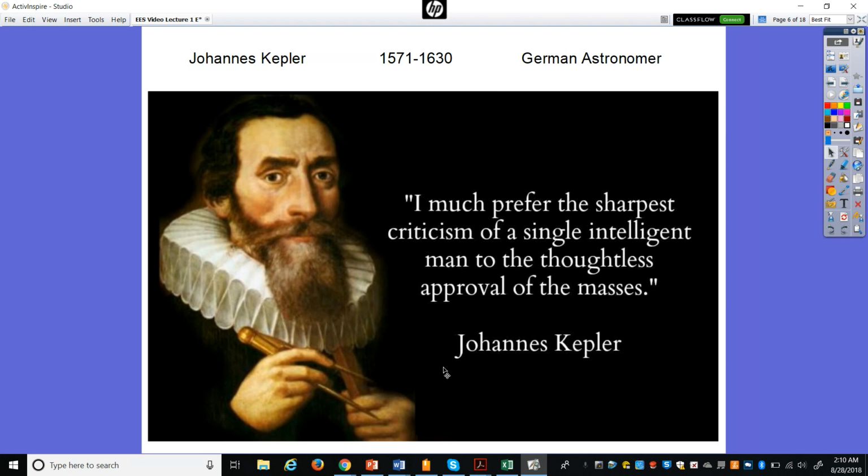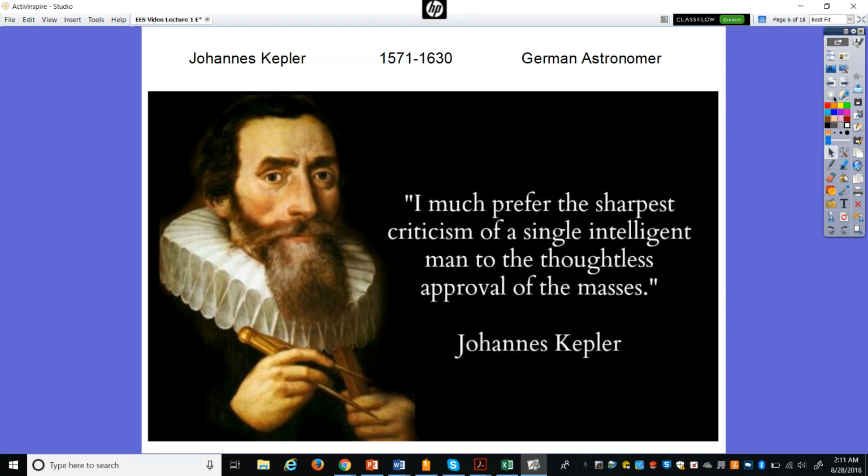He says, "I much prefer the sharpest criticism of a single intelligent man to the thoughtless approval of the masses." So that should tell you something about his nature. He valued, obviously, people who were knowledgeable and may disagree with him based on facts and evidence.